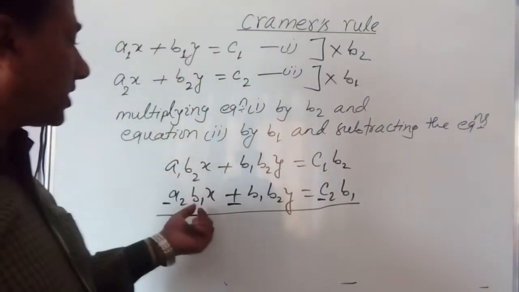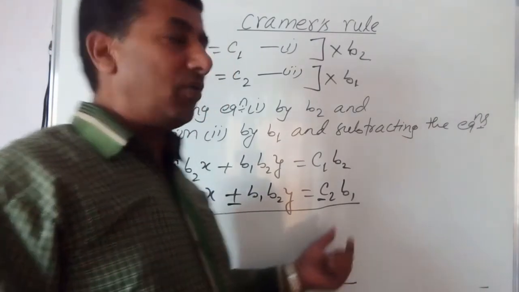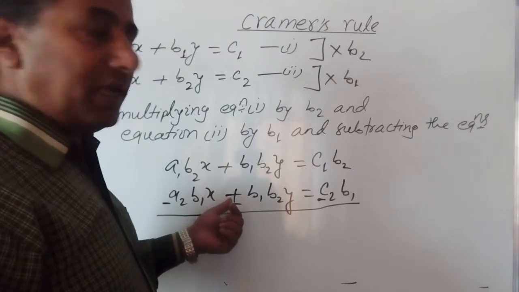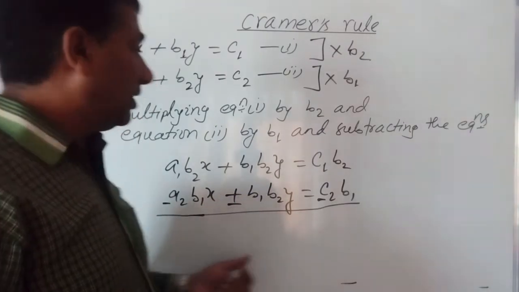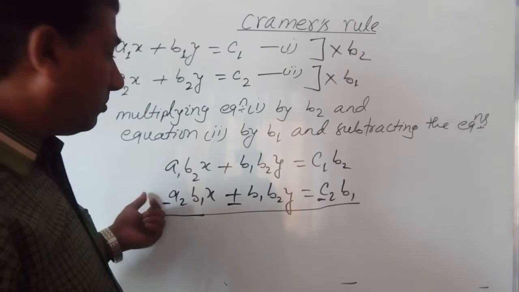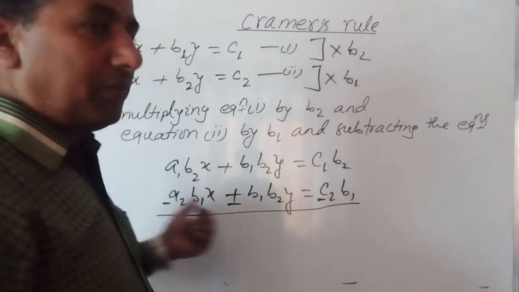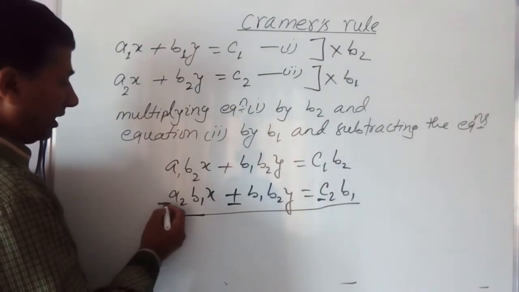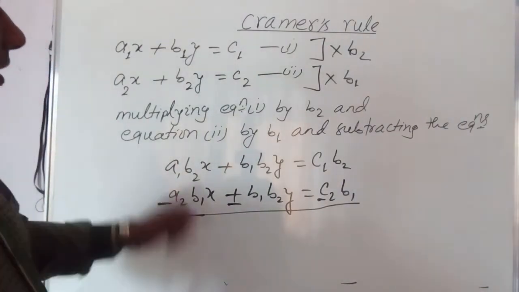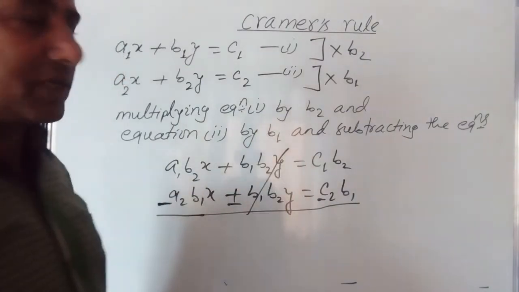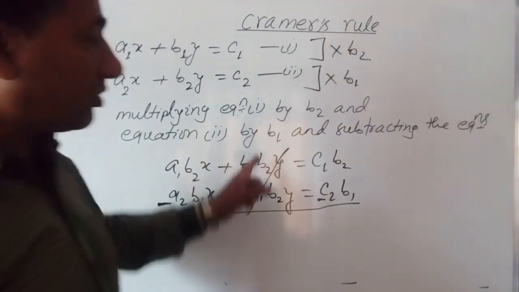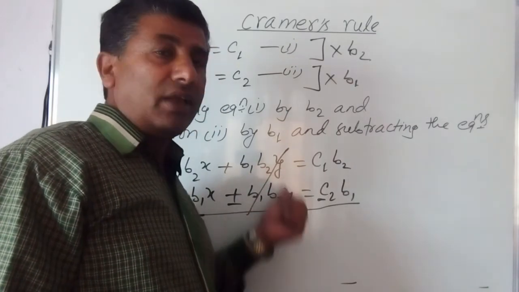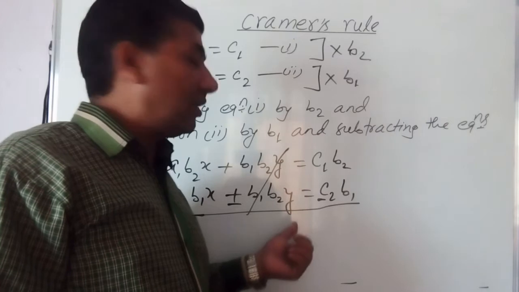In subtraction, we have to change their sign. Why do we have to change the sign? Because when you multiply by the minus sign, it brings a change. In case of addition there will be a plus, and multiplying everything by that plus doesn't bring any change. In subtraction, only the minus sign changes the sign. After subtraction, these two are like terms and their coefficients are the same, so their value will be 0. That's why we can eliminate this y. Now y got cancelled.